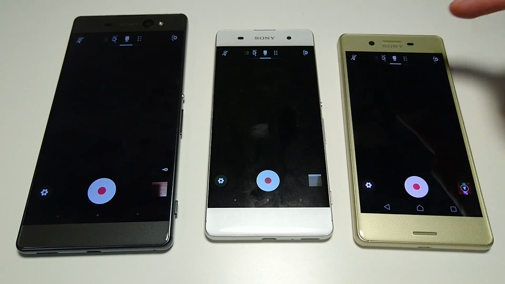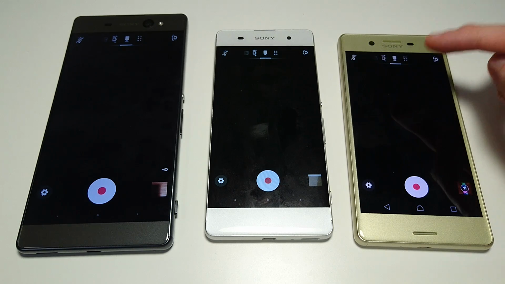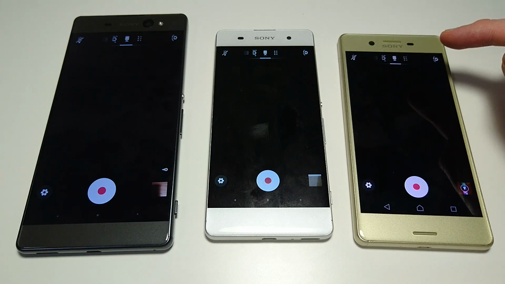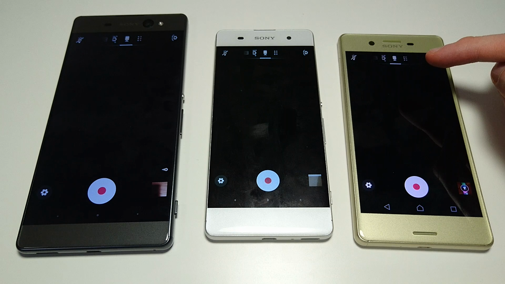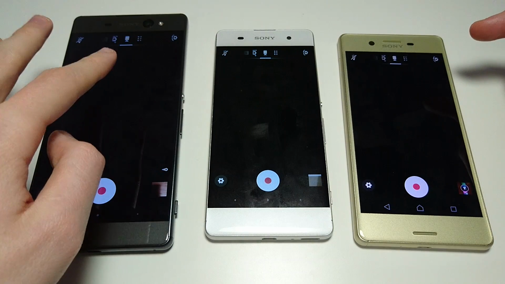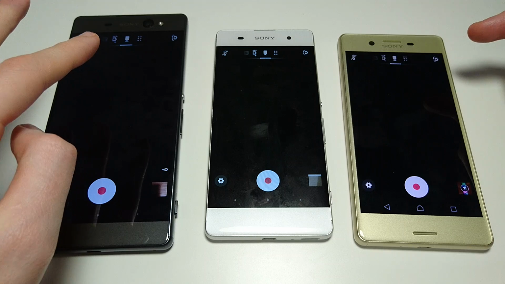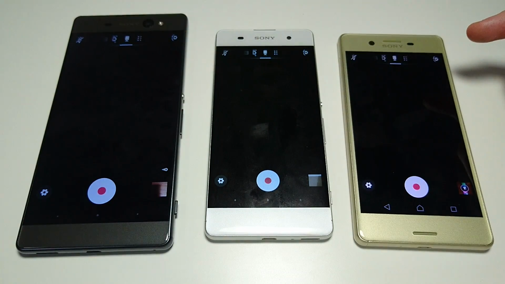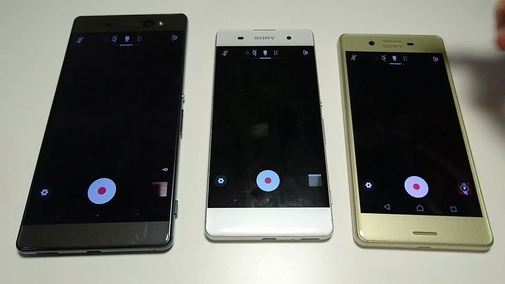So for some of Sony's mid-rangers with the high-end camera, like the Sony Xperia X and the X Compact, those have the 23 megapixel rear-facing camera, Sony's high-end camera. And then of course the XZ, the X Performance, and the Z5 phones from last year, all those have the ability to record 60 frames per second and 120 for slow motion. Now with these two phones, the XA Ultra rear-facing camera is 21 megapixels, so still obviously pretty good. And even the XA is 13 megapixels, so you may think you have the ability for that, but unfortunately